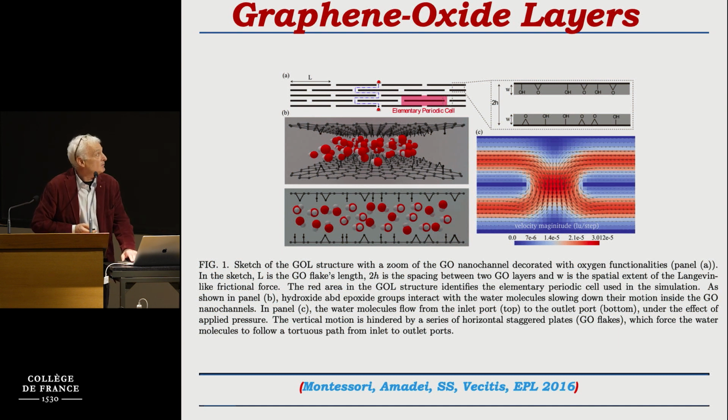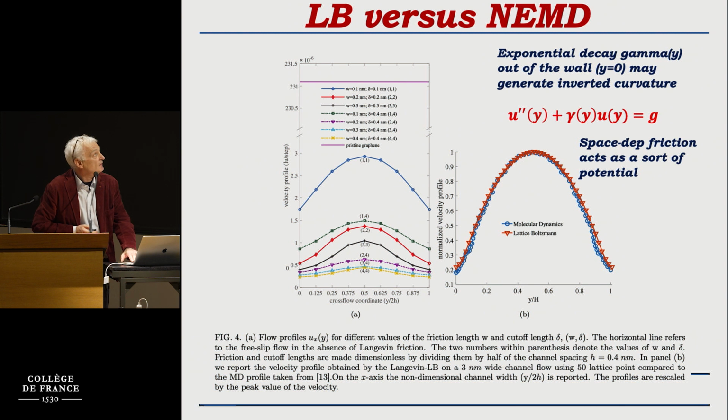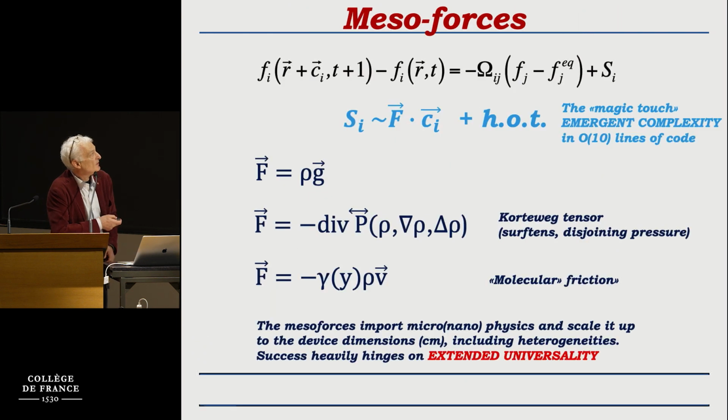So what we did, we just postulated something like this, that there is a friction, y is the coordinate out of the wall. Okay, so it's a heterogeneous friction, exponential. Exponential came from the experimental advice, times the velocity. This is the fluid velocity in the flow. Please do